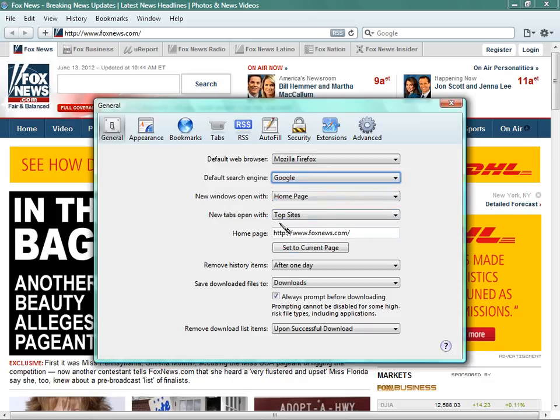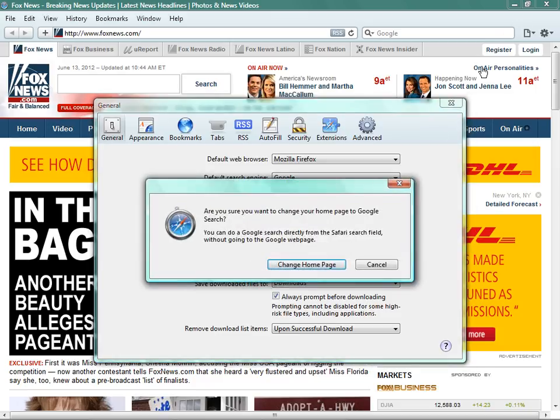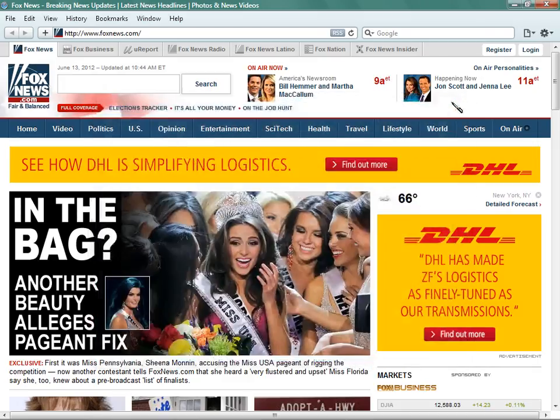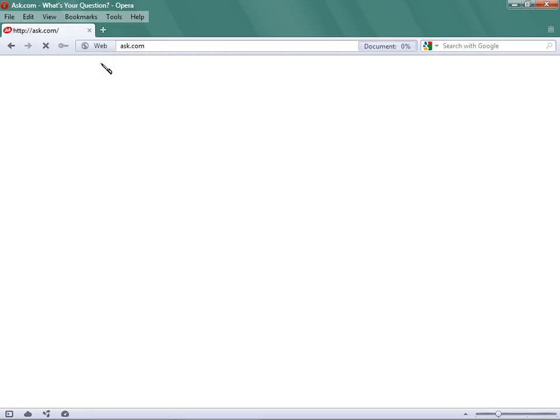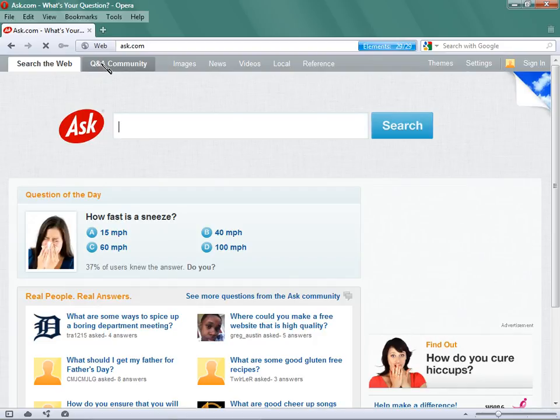Home page, top site, one right here, which says home page. You got a web address, www. Instead of being at foxnews.com, you can make it www.google.com. Close this. Change home page, yes. You close your browser, and then when you reopen your browser, it will automatically go to that page, or it's supposed to automatically go to that page,